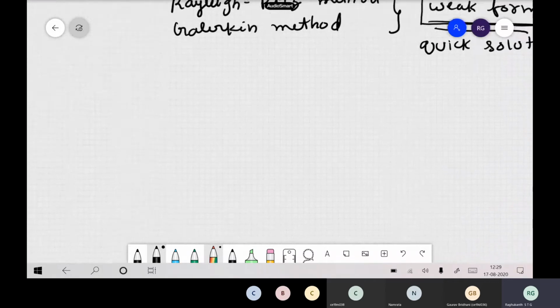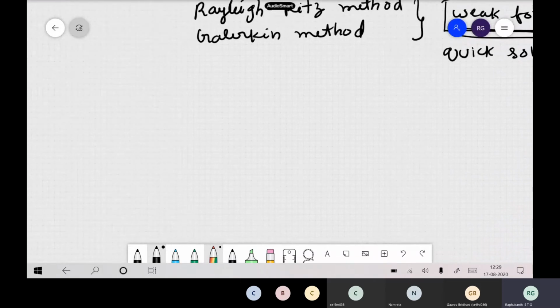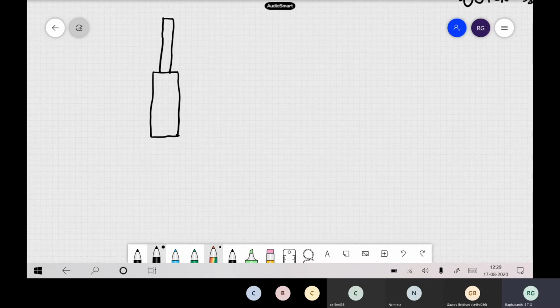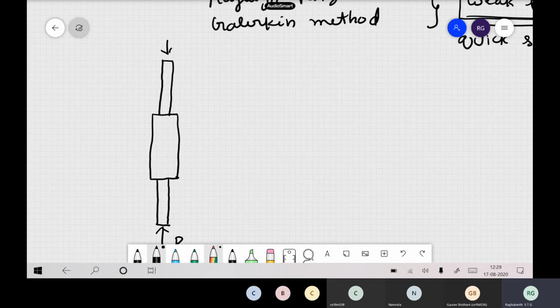Okay. So now I will just show you one example of this Rayleigh-Ritz method. For this column, let us say you have a stepped column. This is a complex problem, but with Rayleigh-Ritz energy methods it is very easy. We already solved by the force method previously. I think the cantilever we have done. So you have a column, and it is a simply supported stepped column.